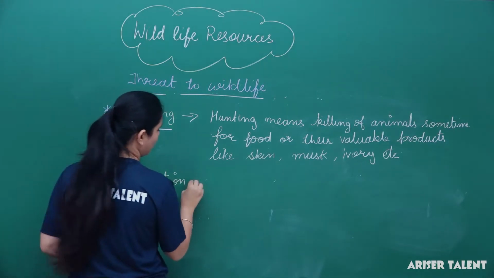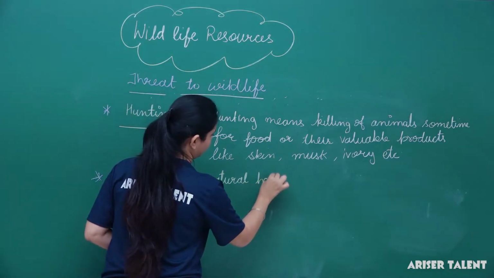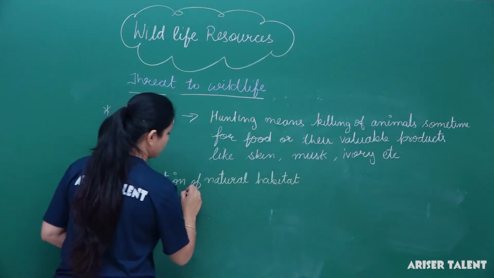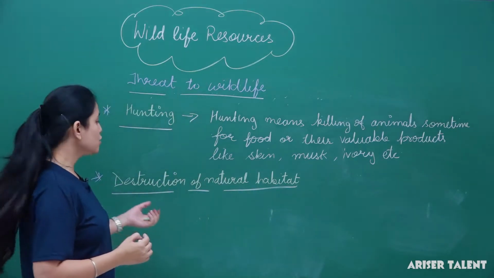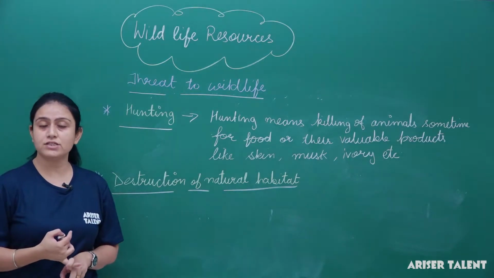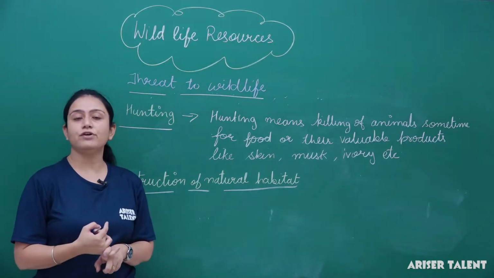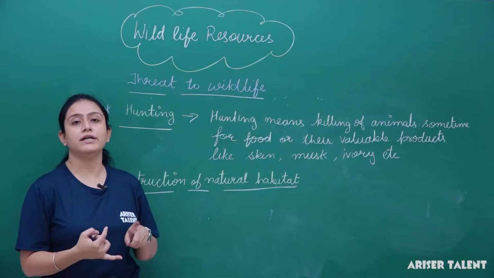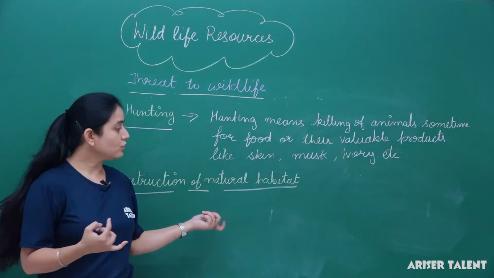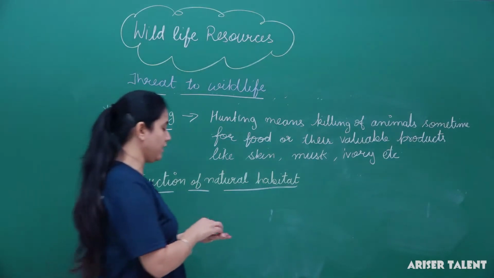Destruction of natural habitat. Destruction means when it becomes less. So, what are the reasons for destruction of natural habitat? We all know that deforestation is the major cause, because deforestation is generally done for urbanization, industrialization, and to make canals or dams and so on. So we can say that destruction of natural habitat